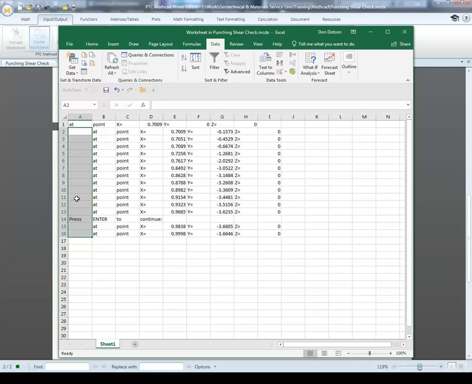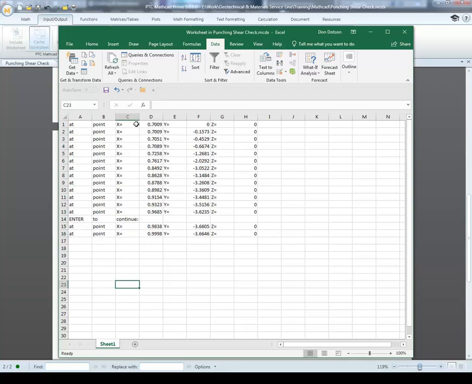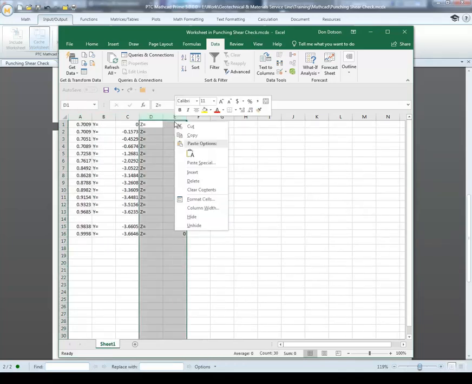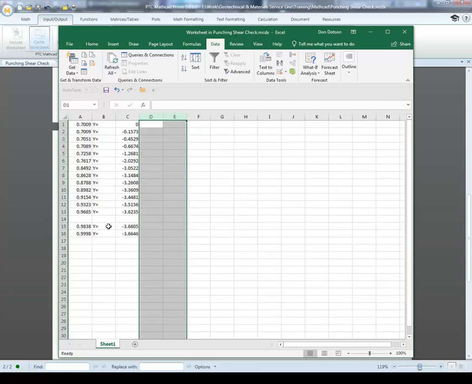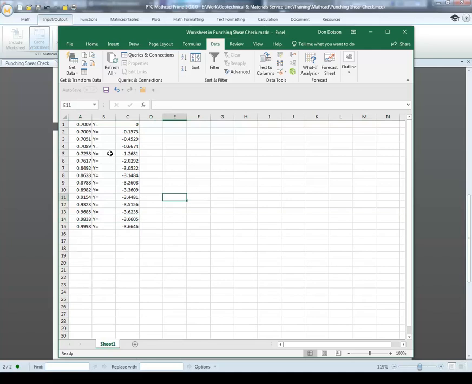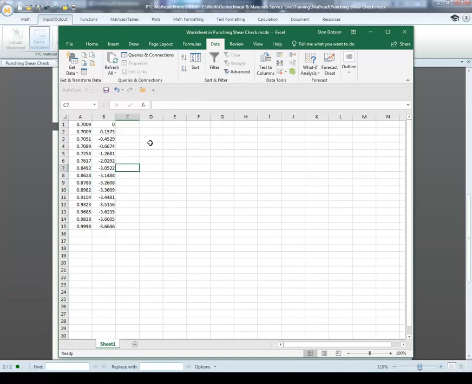So I'm just going to delete this column first, shift everything left. All right, and now I just need to delete the columns and keep the data. Delete, and then I can delete these rows. Okay, delete that and this. So I've deleted all the text, and what I have now is the actual points from the digitization. So let me go back to AutoCAD